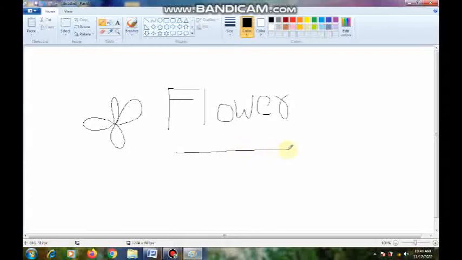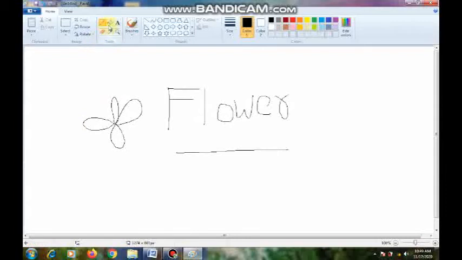Then the pencil will write like this. This is the use of the pencil tool. By using the pencil tool we can draw and write, and this is a freehand movement tool. Okay, so this is the pencil tool.